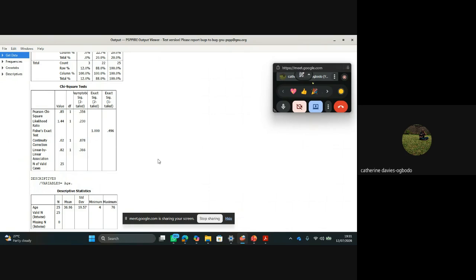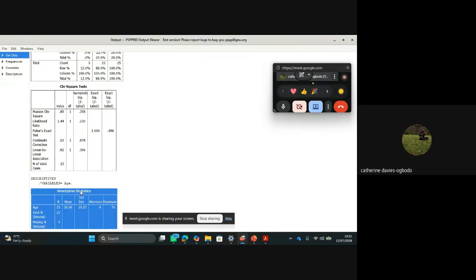Okay, so we see it here. It's very easy. I was trying to guess when I said that the lowest age I saw there was 4 and the highest was about 68. But I don't have to do that guesswork, because SPSS just gives me the minimum and the maximum. In this table I highlighted in blue, it tells me that we have 25 observations, and that the mean age of the people in this data is 36.96 basically, and the standard deviation is 19.57, which is actually